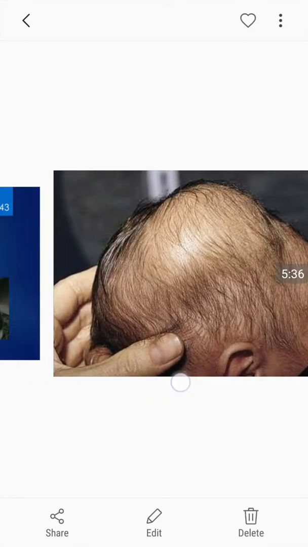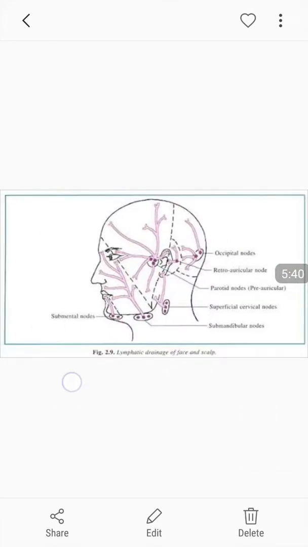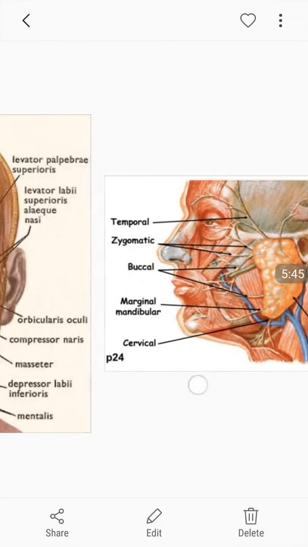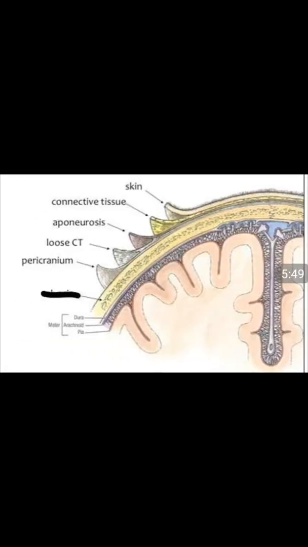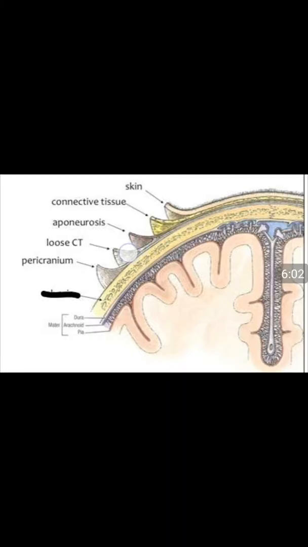Whereas in case of frontal belly, the frontal belly is inserted into the skin. Then we have got the fourth layer. The fourth layer is loose connective tissue, and this fourth layer is also called the dangerous layer. Why? Because most of the time fluid or infection actually gathers within the fourth layer, and the fourth layer has also got the network of blood vessels, the epicranial